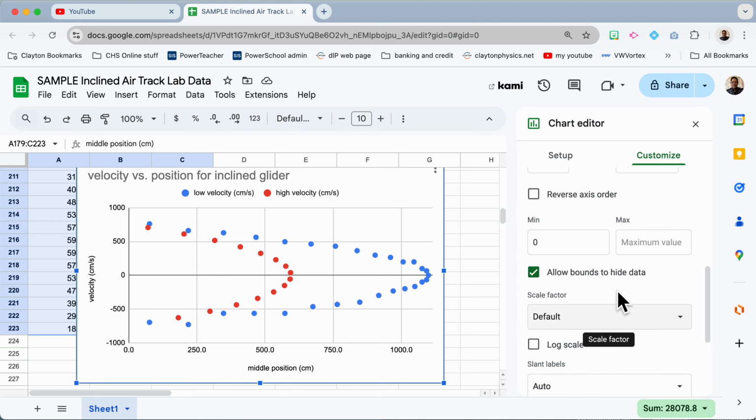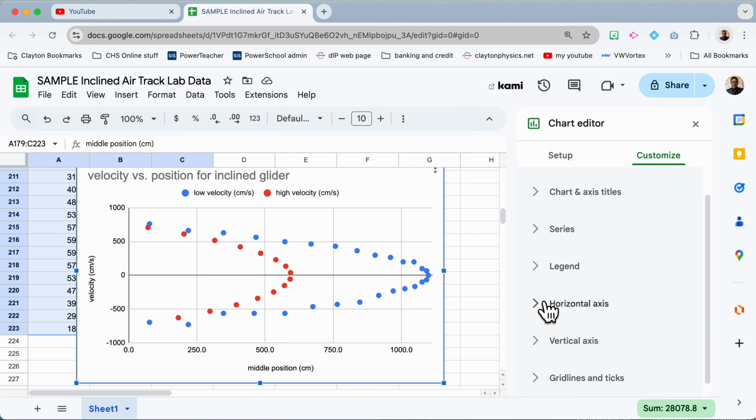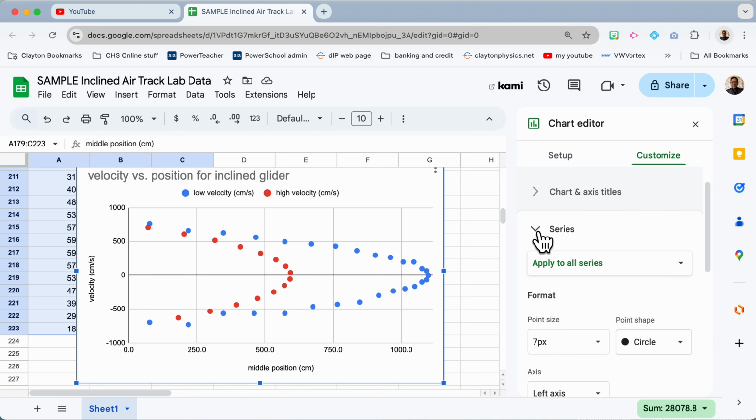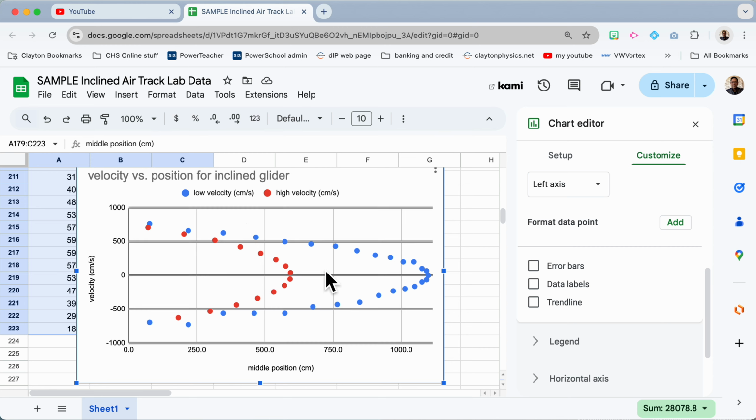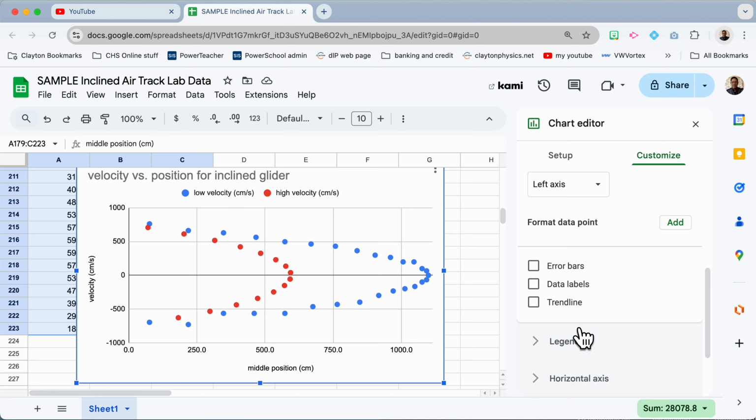All right, as far as curve fits, you're probably not going to be able to put a curve on this, and probably you know why. Maybe you don't. If you look, these are sideways opening parabolas, and the problem with the sideways opening parabola is that for any x value, there's actually two y values. And so Sheets isn't going to love that. So we're not going to put a trend line on this, but